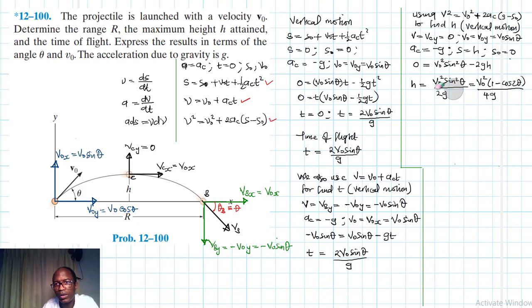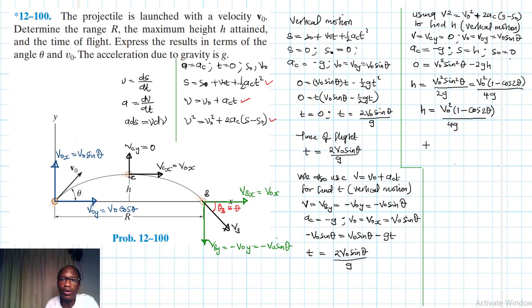Let me check. So we use this equation. We had v naught there, which is sine squared and so on, and did everything. All right, I think this is good. So we found h, and therefore our h is just going to be equal to v naught squared times 1 minus cos 2 theta,